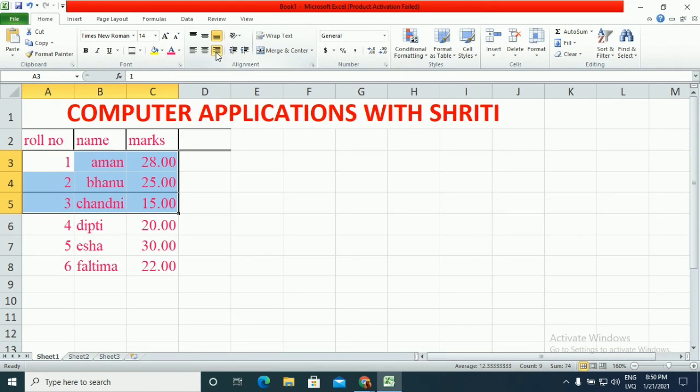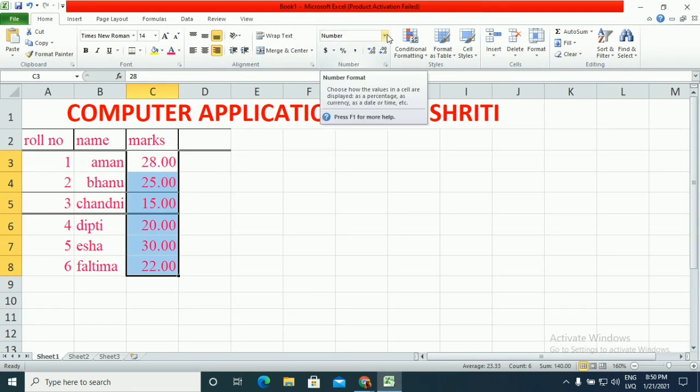Next is formatting numbers and dates in Microsoft Excel. To format the dates and numbers, we can select the cell range for which we want to do the formatting, and here in the number group of the home tab, we can click on the number option and select the drop down button.